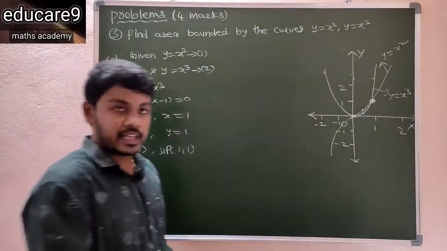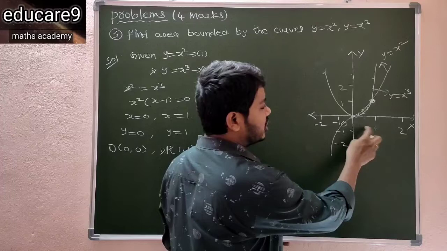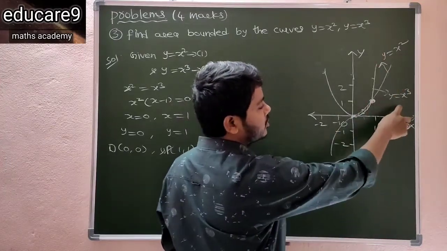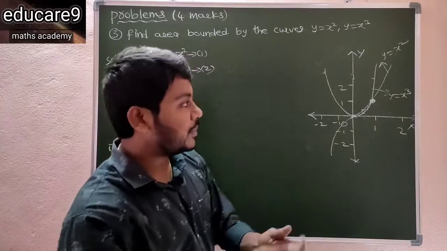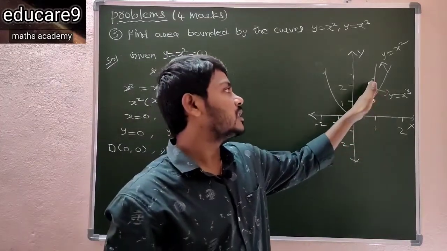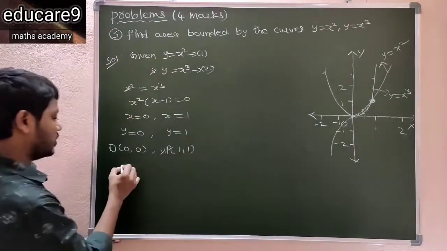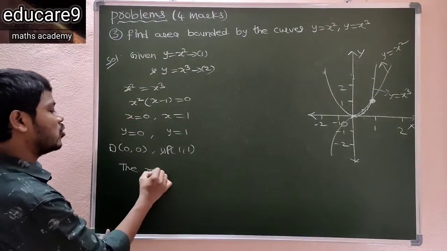Okay. So clearly, between the interval 0 to 1, what is the upper curve? X square is the upper curve, x cube is the lower curve. So between 1 to 2, this one is upper and this one is lower. Okay. Now therefore the required area